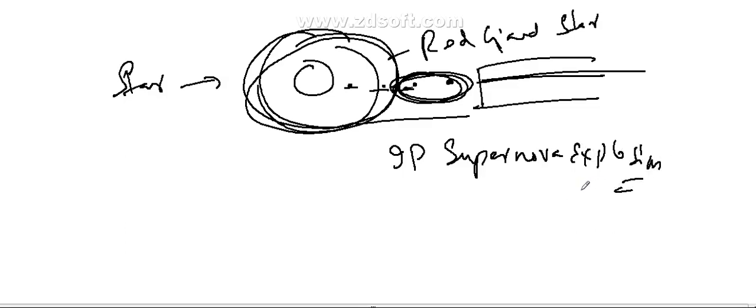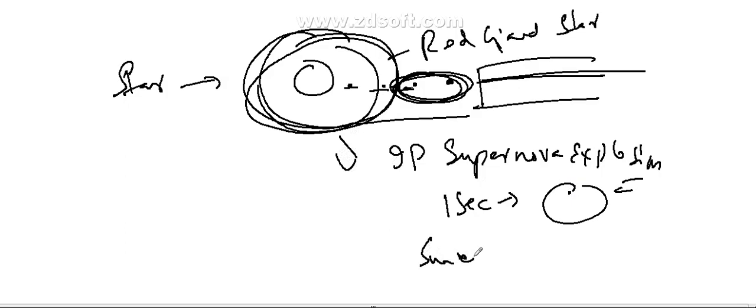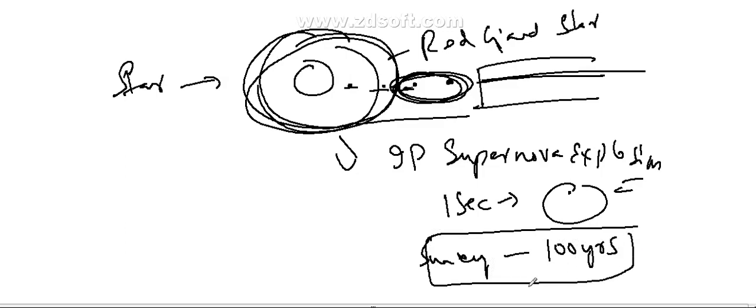The energy is so huge that in 1 second, the amount of energy released from the sun will be equal to the sun's energy released in 100 years. Can you imagine the energy? If a sun burns like a normal day, and it happens like that for 100 years.